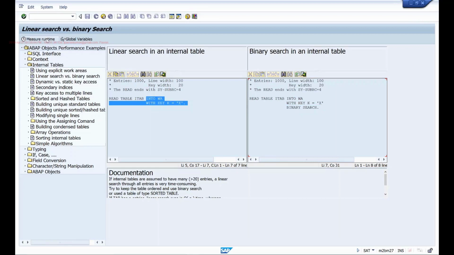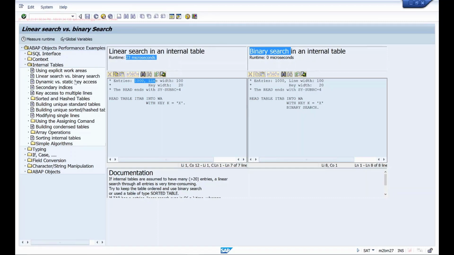If I click on this measure runtime, and this tool is really useful for a beginner. If you want to understand from the performance point of view which is good, then you can use this. Here you can see this linear search took almost 22 microseconds, whereas the binary search, with this test data, they have some 1000 entries in this table, took 0 microseconds. That means it really didn't take any time for it to measure. Okay, I'll run it one more time. Now it took 23 microseconds, and this is 0 microseconds, almost nothing, right? So at any given point, you can say binary search is at least 23 times faster than a linear search.